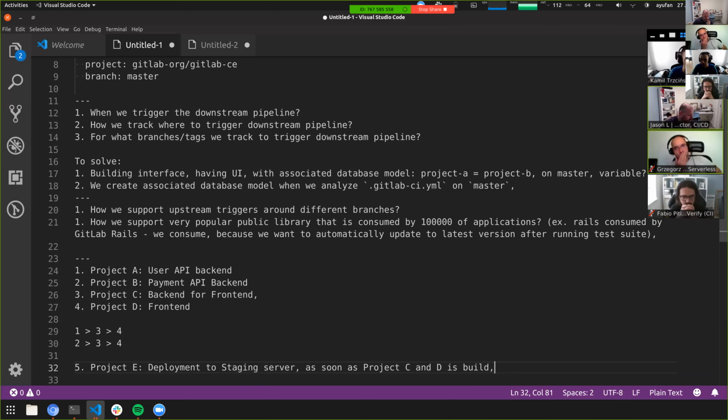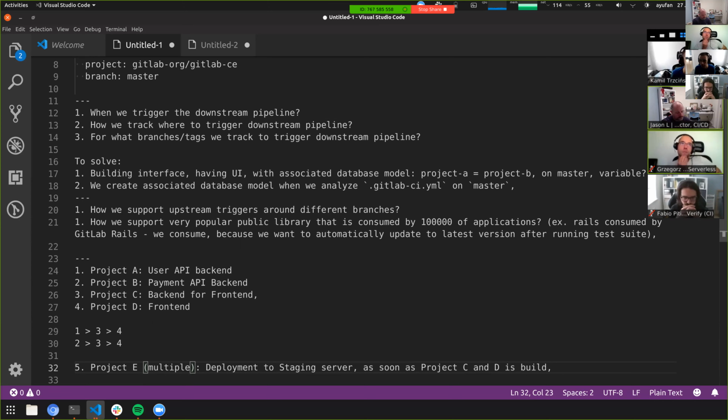We would also use upstream and downstream dependencies to perform these kinds of deployments, because it's all about how you define the relationship. You can have multiple E projects that perform deployments to different types of environments without requiring you to define that as part of project D, the frontend. So you may have multiple separate repositories that perform deployment for different types of servers based on different conditions.